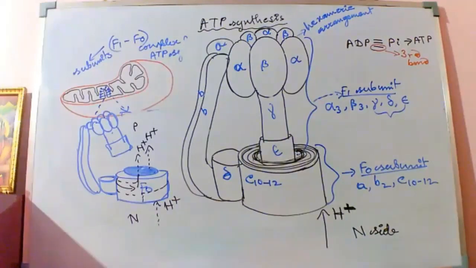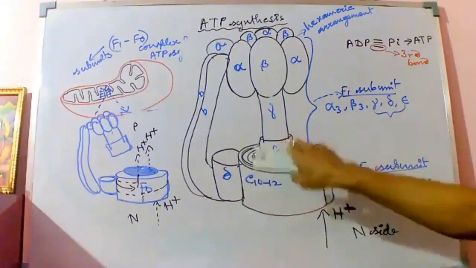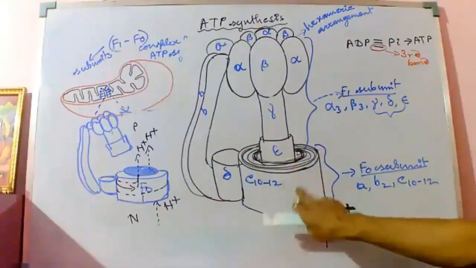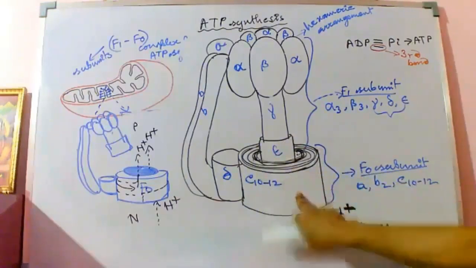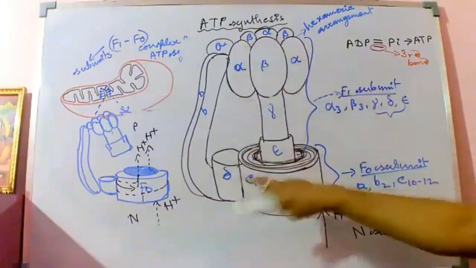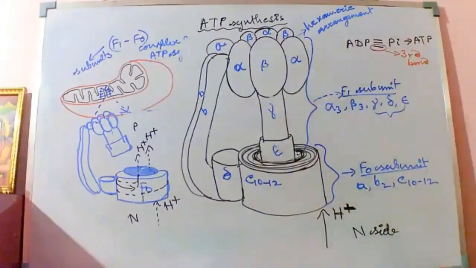So each time the proton is being pumped by the electron transport chain, actually the pump, who is the pump? That proton pump, who is that pump? That is nothing but this ATP synthesis enzyme itself. This entire thing is the pump. This ATP synthetase enzyme is the pump which helps in pumping out the protons.